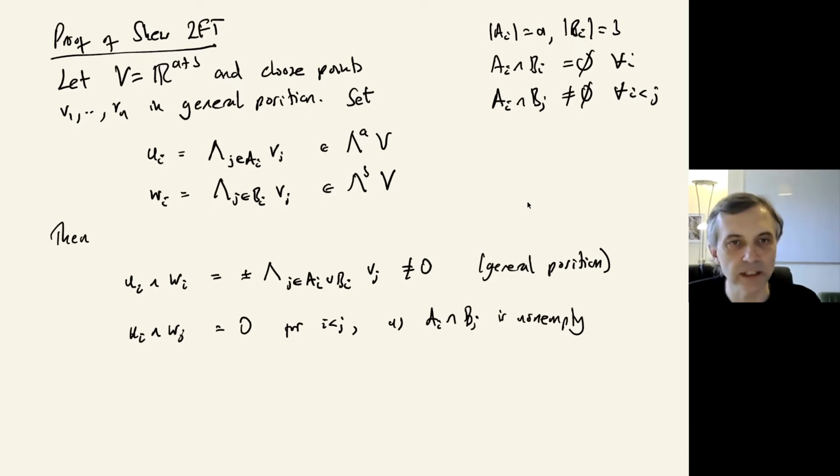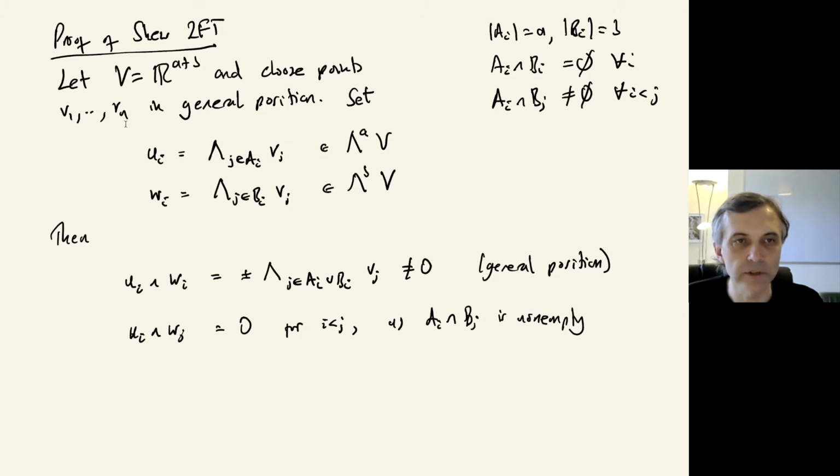But I first thought it was actually really nice when I saw this proof. So here's the proof of the skew two families theorem. I've just written the conditions up in the top right hand corner. So for our vector space, let's take the a plus b dimensional real space, R^(a+b), and we'll